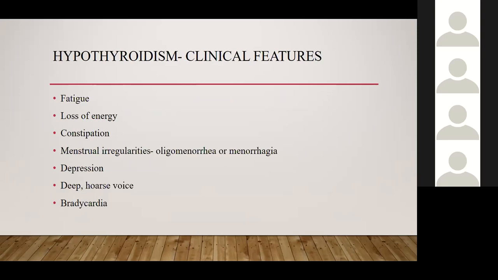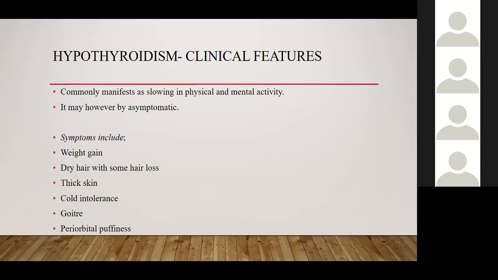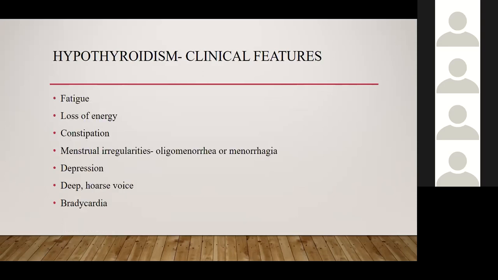In terms of their menses, it is sometimes irregular, and then they tend to bleed a lot. Okay, what they have is menorrhagia, so they tend to bleed a lot. So these are the clinical features. So when they come and you take their history, always try and ask for cold intolerance. If the place is hot, they'll tell you they are feeling cold. So you always try and ask, and then afterwards you ask the other features,